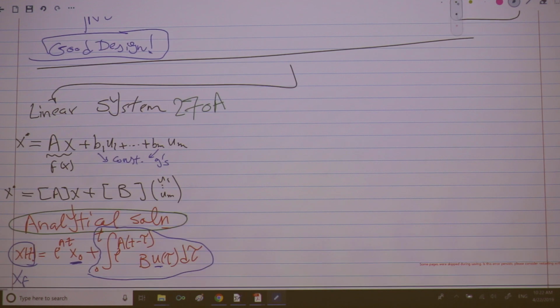So now let's go to nonlinear systems. Okay? So we have x dot equals f of x